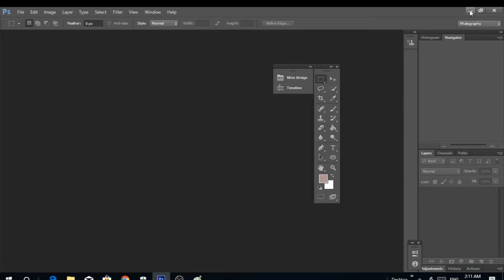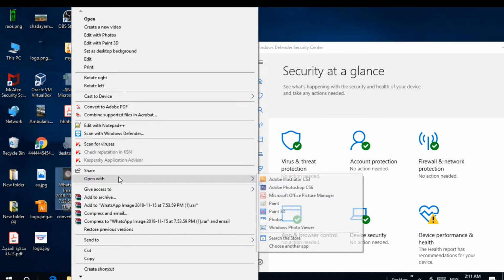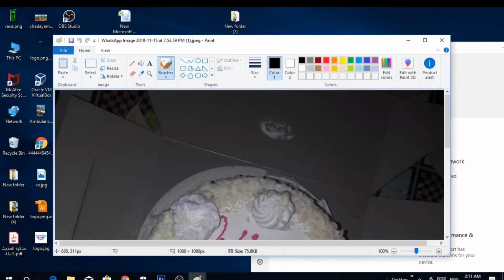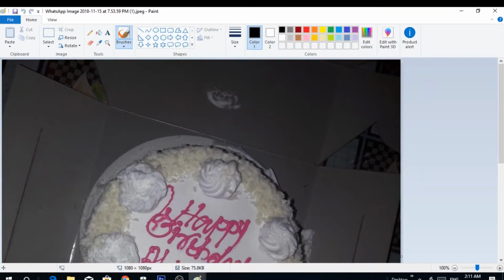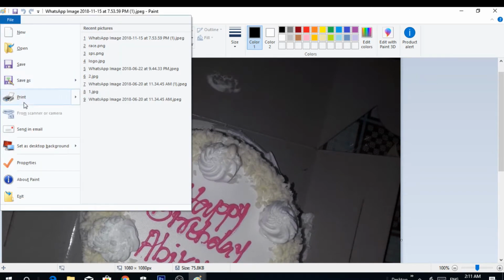We know that one, go to the file and right-click, open with Paint. Paint is one of the best editing software. This is a nice birthday cake of my hubby. And file, save as